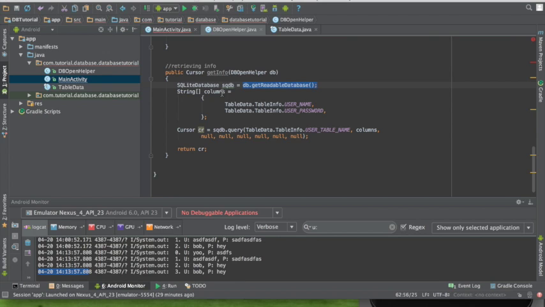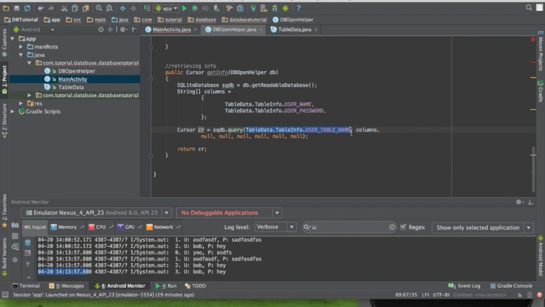get a readable database rather than a writable database, and then you're gonna declare a string array, put the column names you're gonna use inside it, and then this line is very important when it comes to that. You're gonna use a cursor, which is a pointer to the rows returned, and then sqdb is just the instance dot query, and then query is just kind of a select from, and then this is